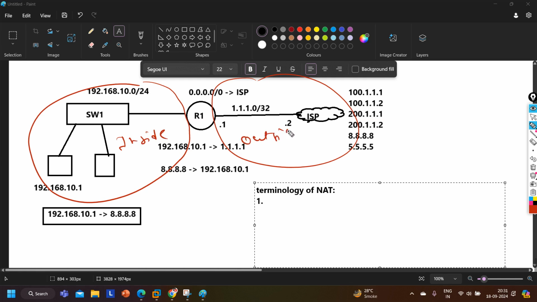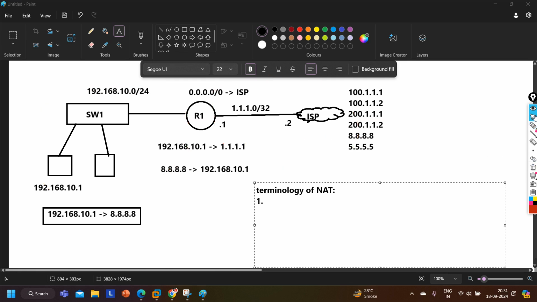Inside, outside. Inside means your private network, outside means your public network, right? So first terminology is inside local. Second is inside global.